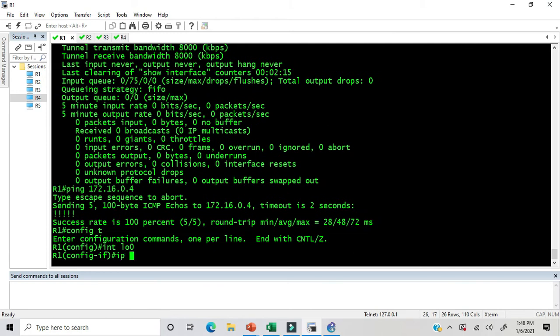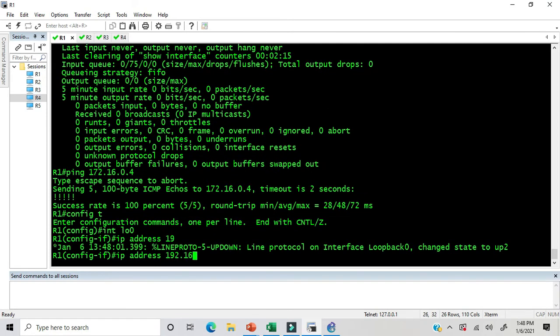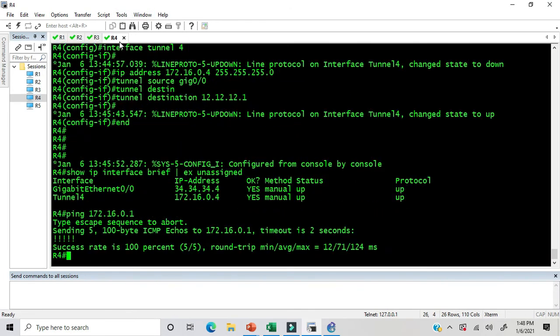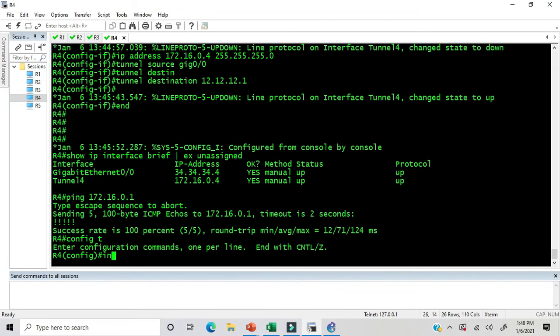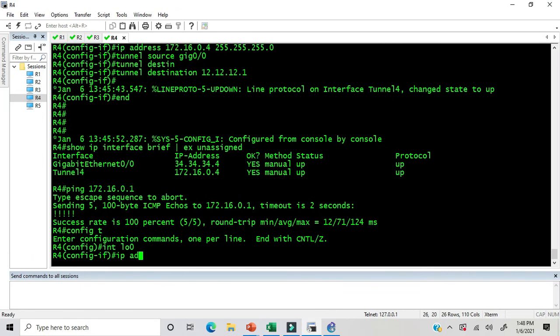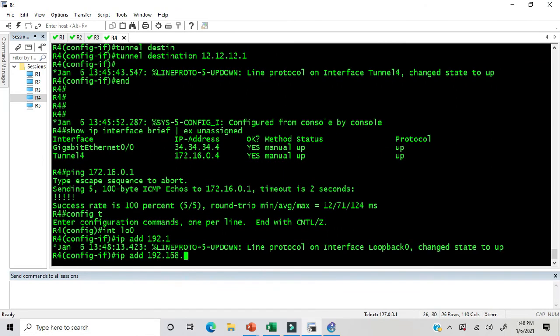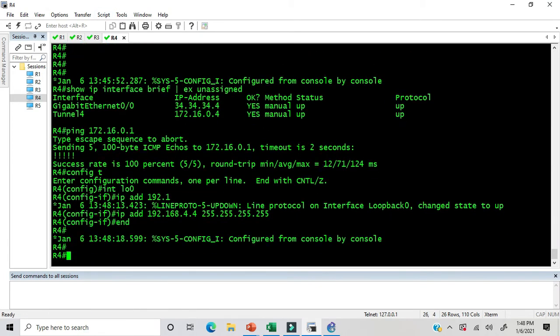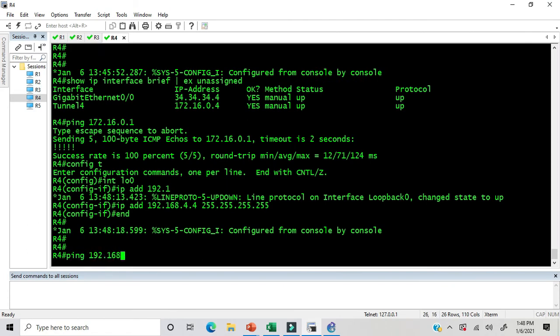Let's give him an IP address of 192.168.1.1 and a 32-bit mask. And let's do the same thing on router 4. Interface loopback 0, IP address 192.168.4.4, and a 32-bit mask. What I'm now going to do is attempt to ping router 1's loopback from my own loopback, and you're going